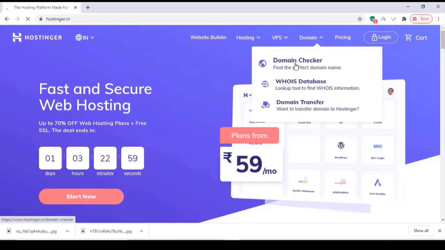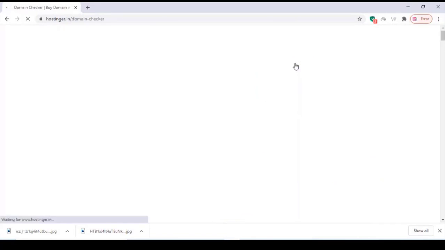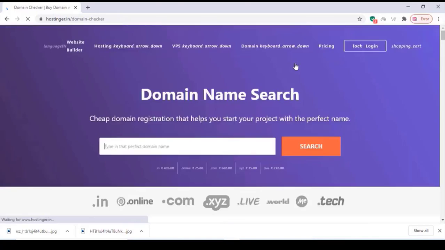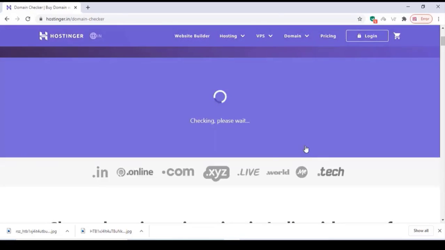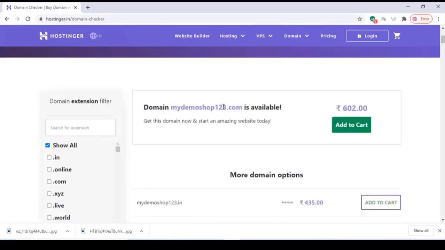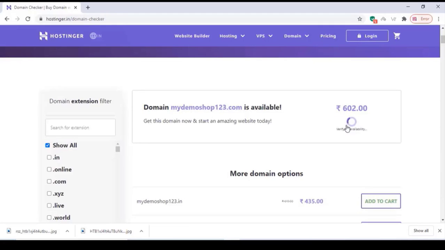Domain means your website name, and hosting means the space for keeping all the files of our website. So first check if your domain is available or not. I'm just checking my domain name, as I am typing a demo name for the video. As the domain is available, just click on add to cart,